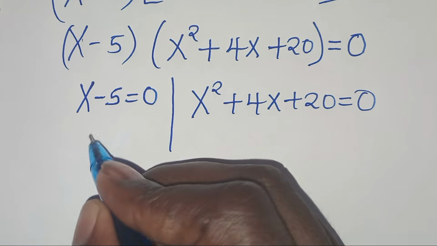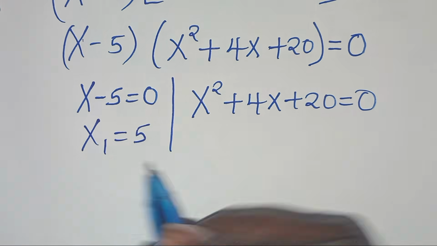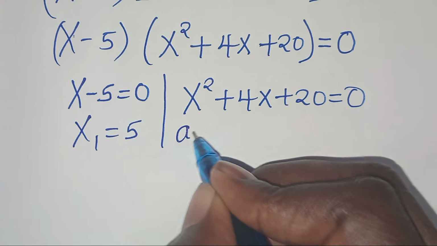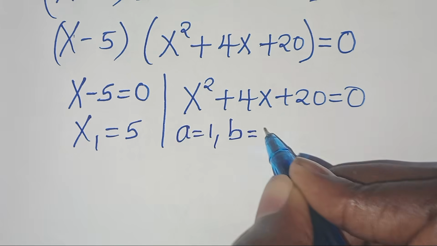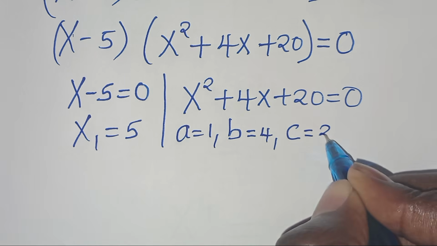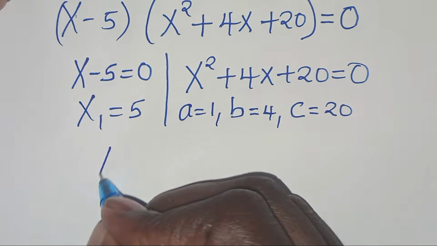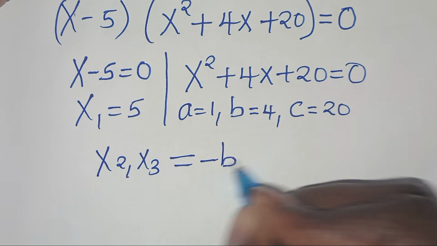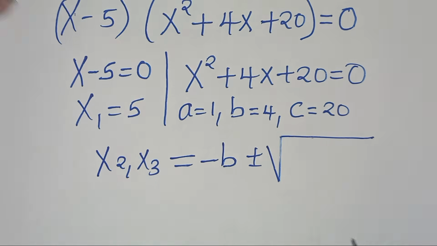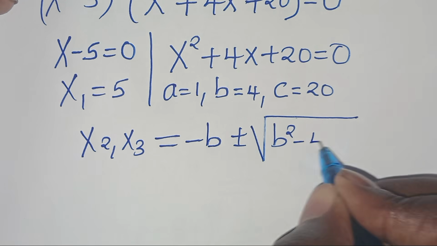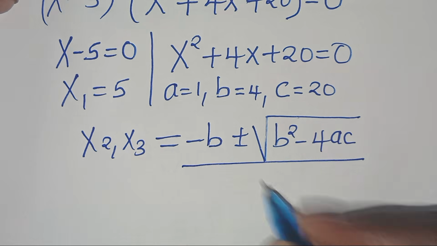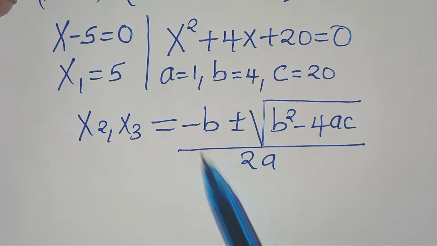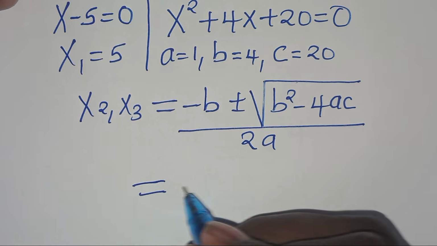Now from the first part here, we have x1 is equal to 5. This is a real solution here. The second part is a quadratic equation where we have a is equal to 1, b is equal to 4, and we have c is equal to 20. So we can solve for x2, x3 by applying the quadratic formula here, which is minus b plus or minus the square root of b squared minus 4ac, everything here divided by 2 times a. So let's substitute the values of a, b, and c into this formula here, so that now here we have